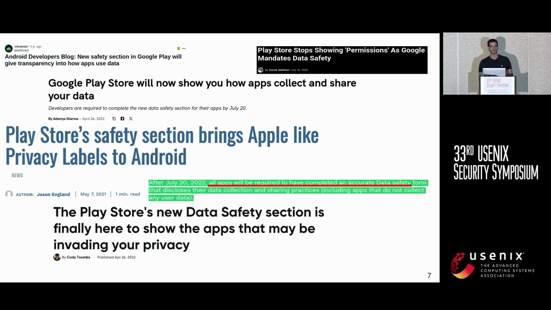To help developers complete the data safety section, Google provides some guidelines and documentation, but there are some relaxed policies that enable developers to avoid disclosing all the data in the data safety section, creating loopholes, as was also noted by a Mozilla study.